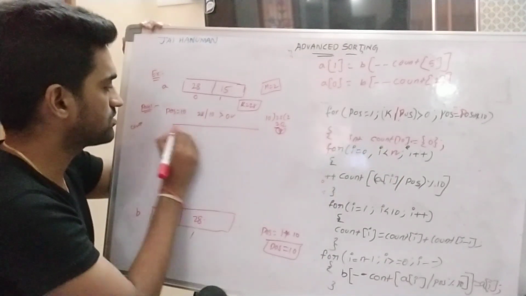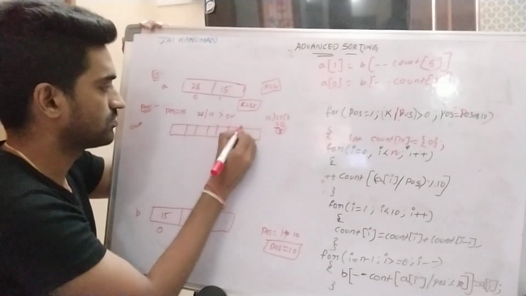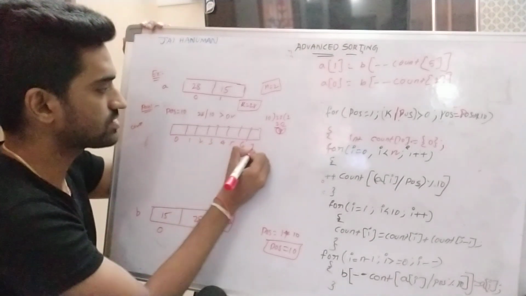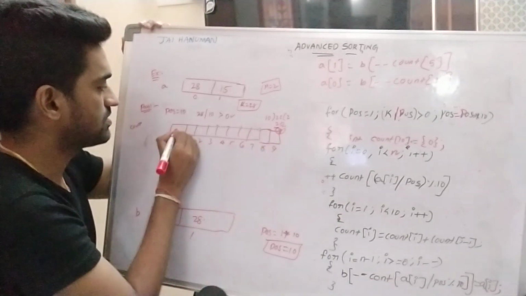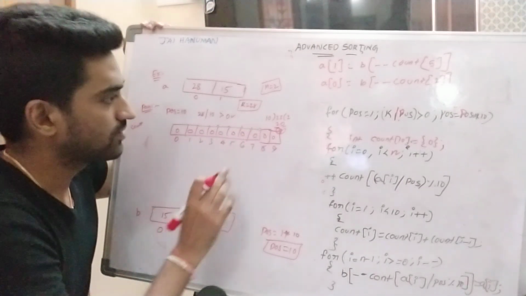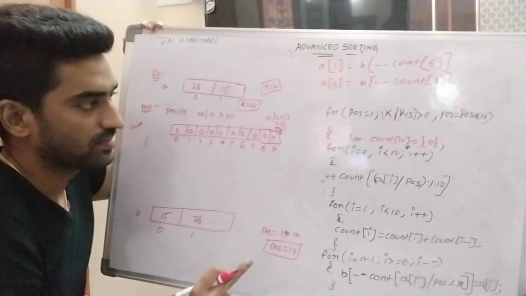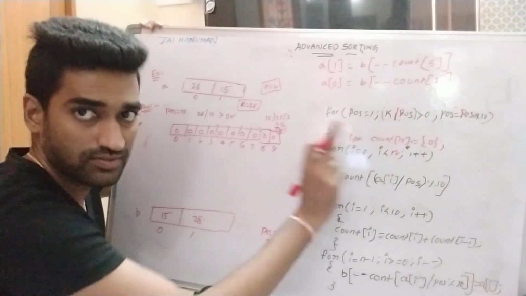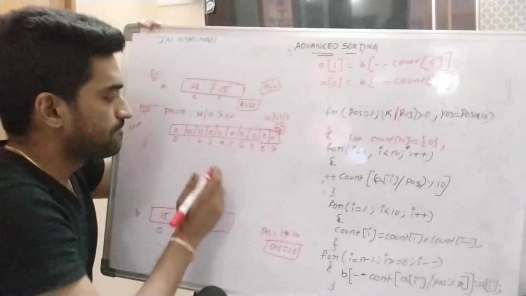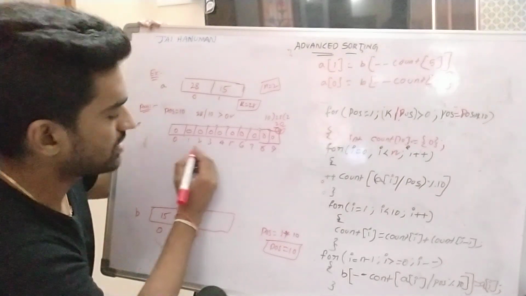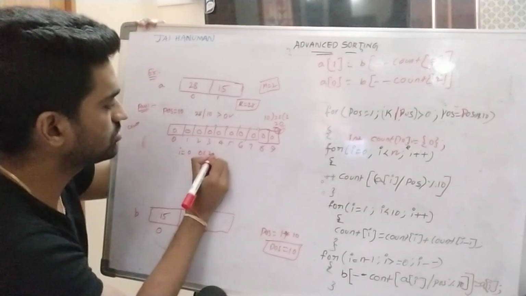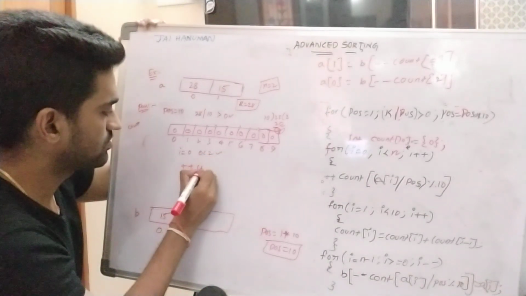So initially the count values are set to 0. So this is the count array, indices 0, 1, 2, 3, 4, 5, 6, 7, 8, 9, with all values 0. Fine. Now update the count array with the help of this one. So here you can understand why we are placing n. We are checking up to n values only, not 10 values, right? So I is equal to 0, I less than n, so 0 less than 2. The condition is true. So plus plus count of.